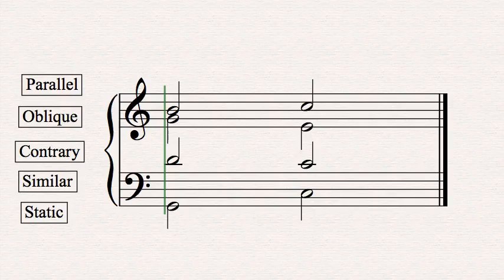So it's one thing to look at two voices and try to figure out what the motion is between those two voices, but typically you're going to find that it's going to happen in a three, usually four voice texture. So you're going to have to divide up the voices into pairs and take a look at how each set